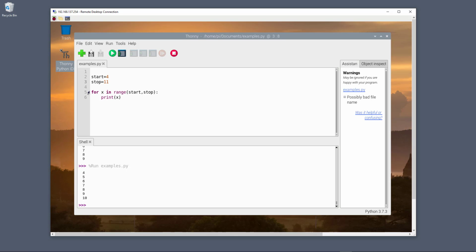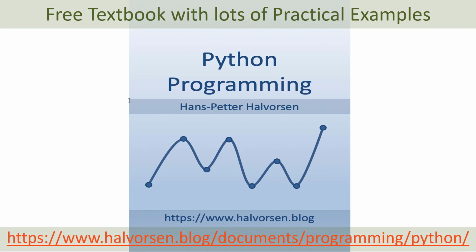So this is how to use a for loop in Python on your Raspberry Pi device. So basically you can create any kind of Python program on your Raspberry Pi device that you can also create on your desktop computer. So if you want to learn more about basic Python programming in general, either you are using your desktop computer or a Raspberry Pi